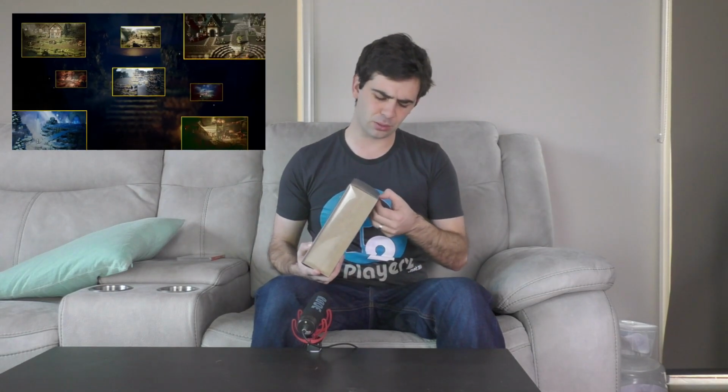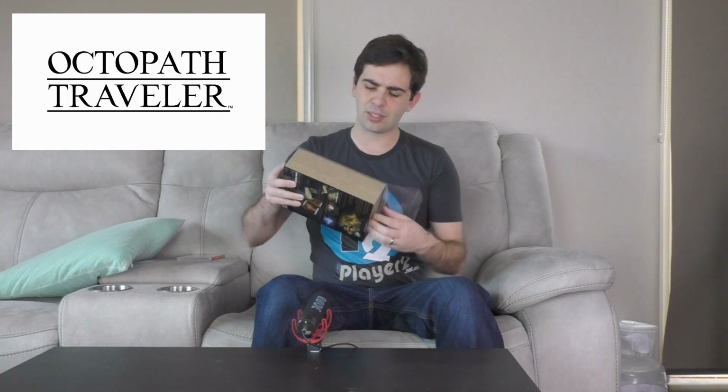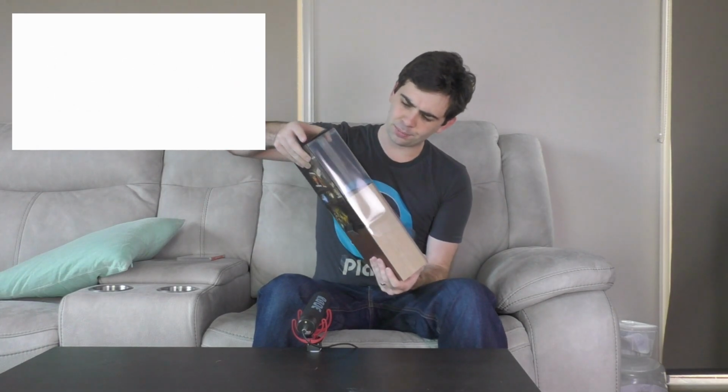So when you get into it, there's a plastic seal around the whole thing, kind of a plastic casing that you can see me clearing out now. It reveals some of the contents on the back, but we'll get into that in a moment. It's clearly plastic, but it's nice and simple. It looks like a book. It looks presentable. It's simple, but looks great. Project Octopath Traveler folds out,